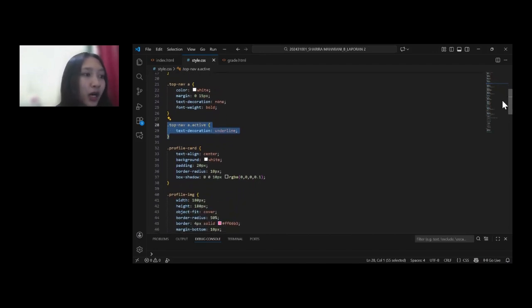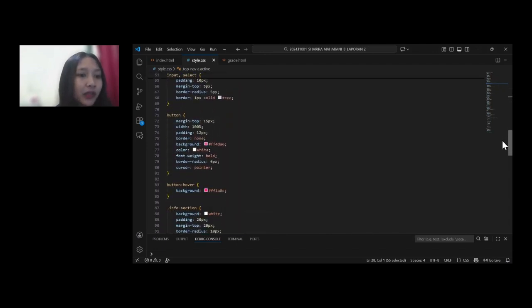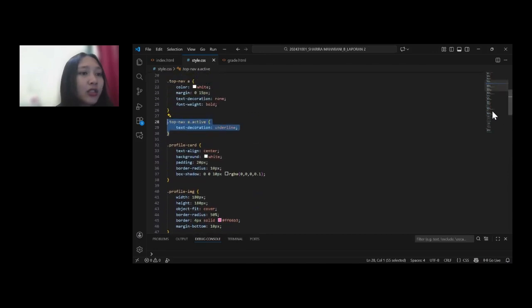Next, the profile card, form section, info section, and result classes all share similar formatting: a white background, rounded corners, and soft box shadows. I chose this design because it helps highlight each card or section clearly and makes the overall layout more modern and friendly.